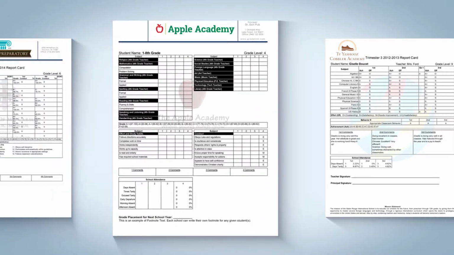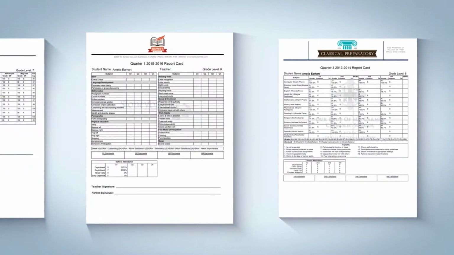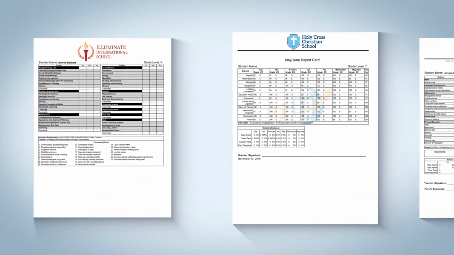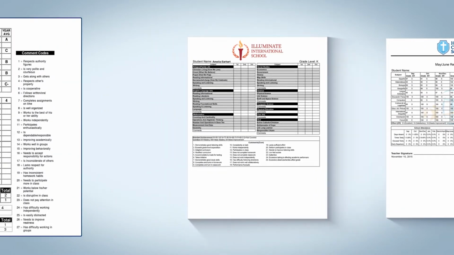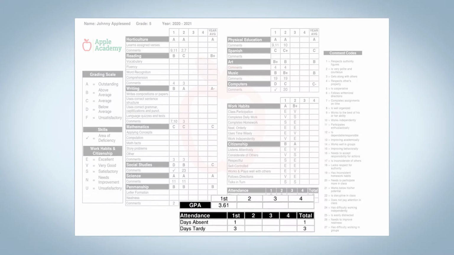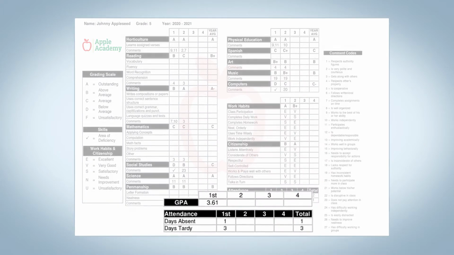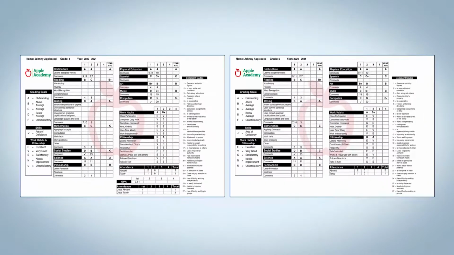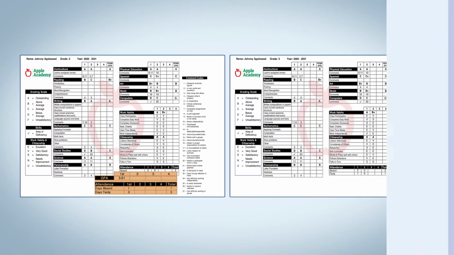While not every school will make use of them, report card profiles give you the ability to generate report cards that have small changes to their designs. For example, you may have a report card that needs to look mostly the same for both upper and lower grade levels, but only needs to display a GPA for the upper grade levels. In this scenario, you could just create two separate profiles, one that includes the GPA and one that doesn't.